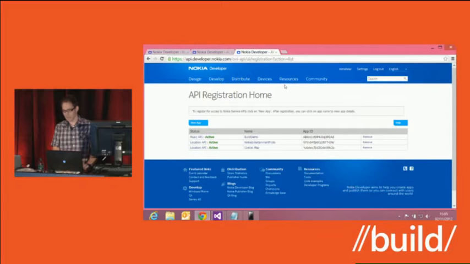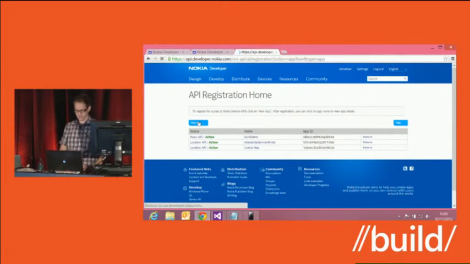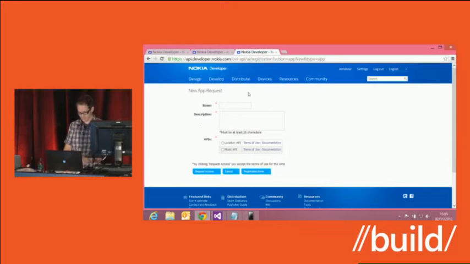It's remembered my session from earlier on, so I've already logged in with an account, but if you haven't got an account, you can just sign up for one. It's free. And all you do is just register your app. So you can go in here and just give it a name and a description. And I'm signing up for the music API. You can also sign up for the Nokia location APIs here as well. So if you just hit request access,